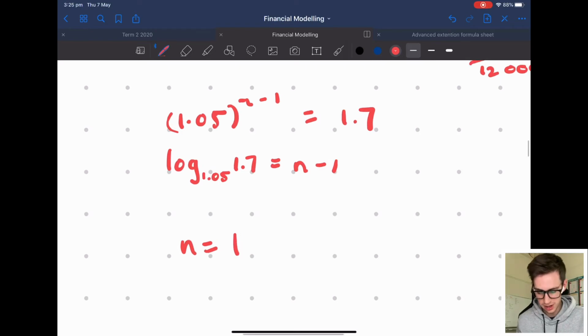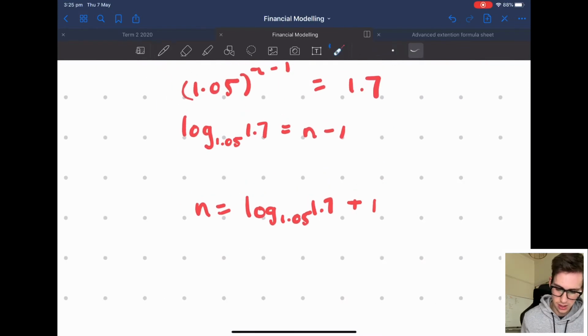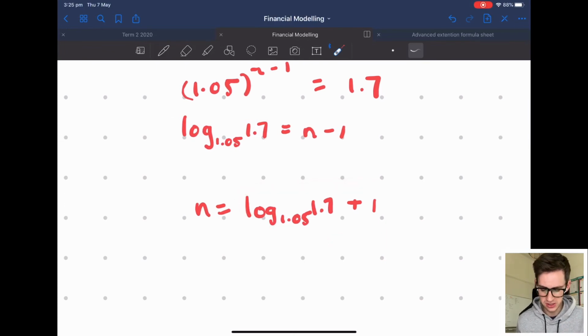I could go 1 plus, or I could go log base 1.05 of 1.7 plus 1. Now when you pop that into your calculator, you could type this in and hit equals at this point and then add 1, or you might like to write it all in one line. I made this point last time, just make sure you separate this thing from this thing. You get an answer of